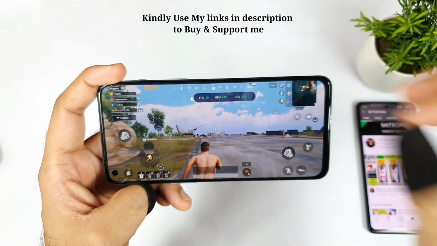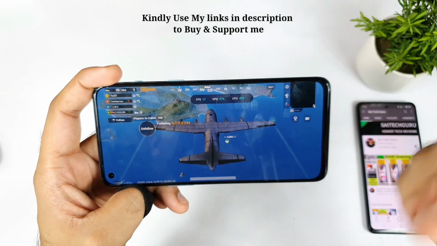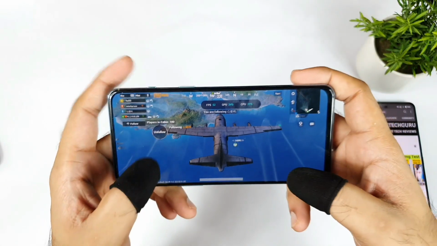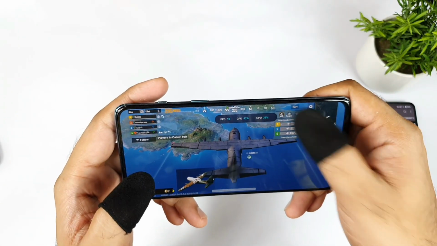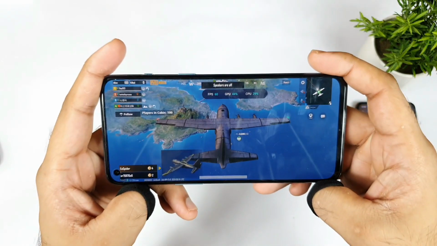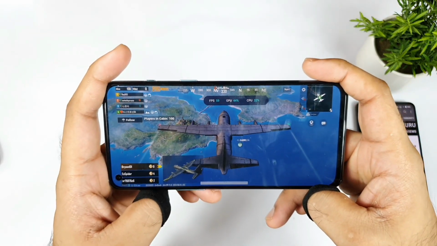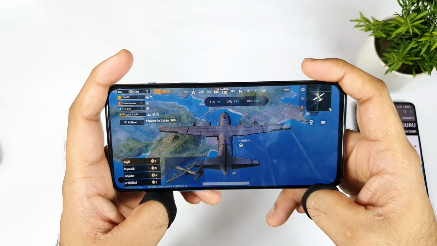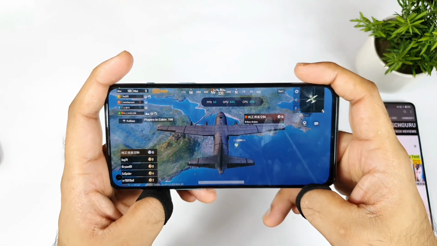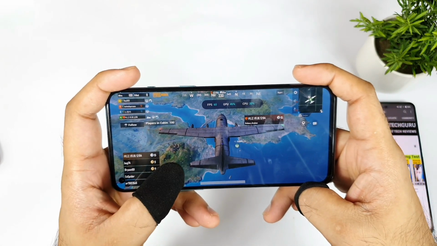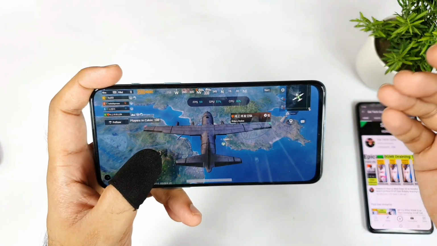In the upcoming videos, I'll definitely do in-depth testing, this drop test as well, everything on this OnePlus Nord 2 device. So make sure to stay tuned in case you're interested to know more details about this APK. I'll make a separate video on how to install this PUBG version 1.6 APK on your device. In this way we'll get to know what is happening, how it's going with